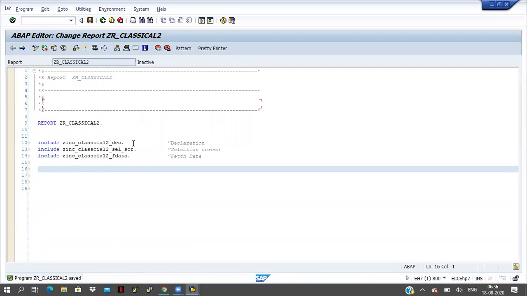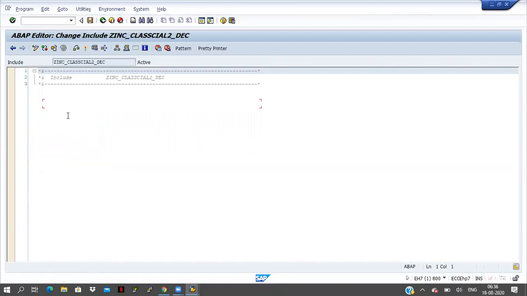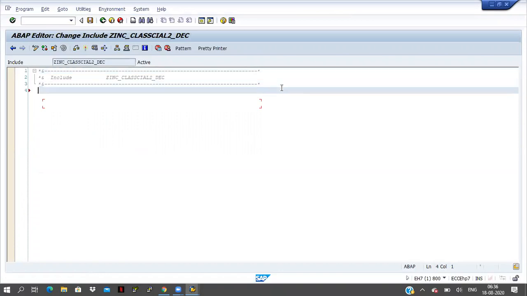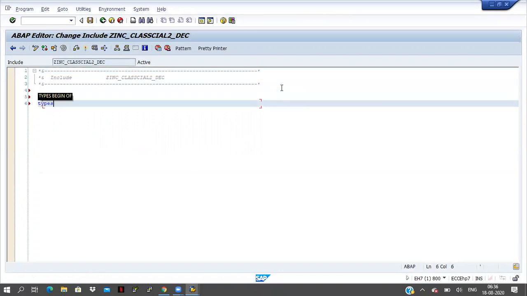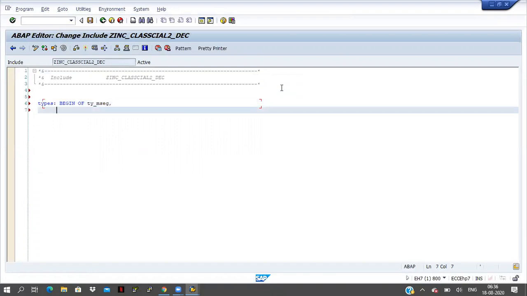First of all, I have to declare internal tables and work areas like that. Types begin of, and the square. I'm going for the MSEG table. MSEG means material document information.